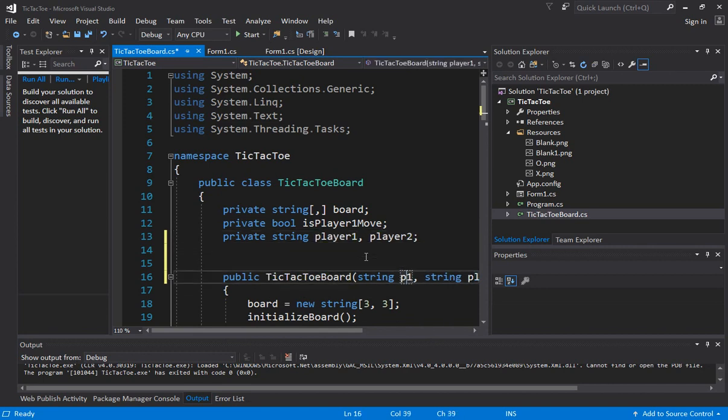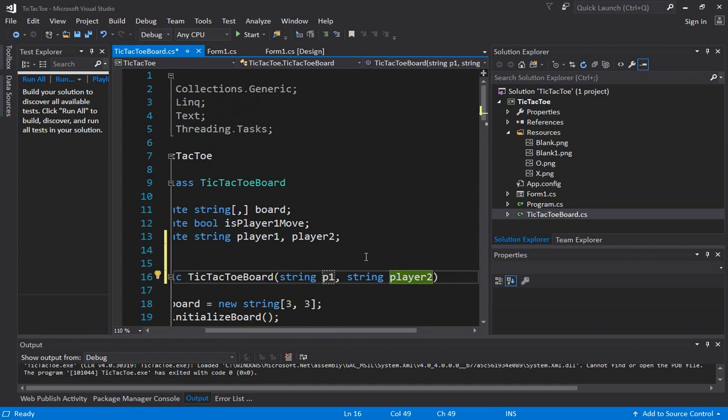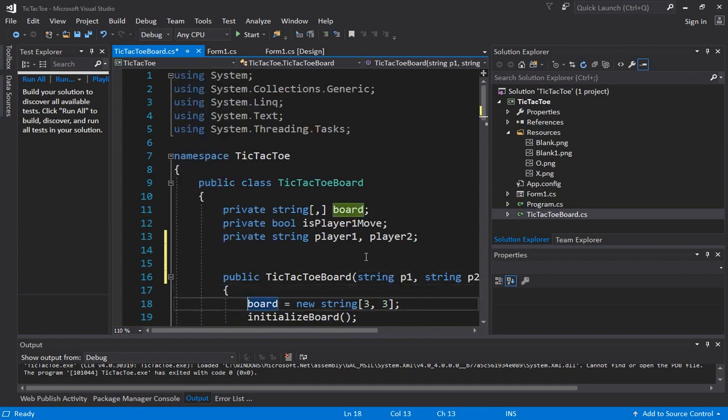I'll just call it p1 here because I don't want the variable names to be the same. So you'll say player 1 is equal to p1,